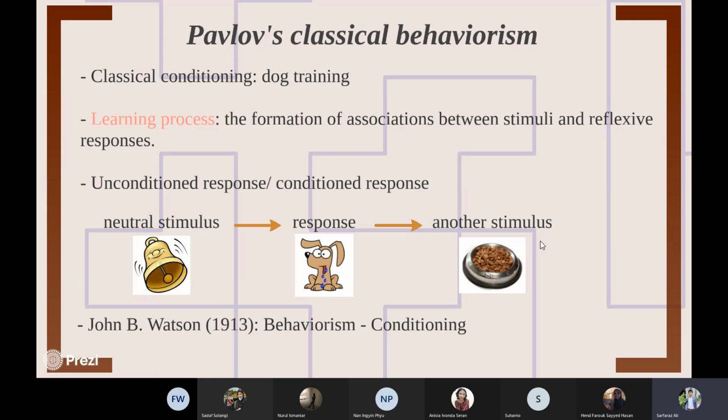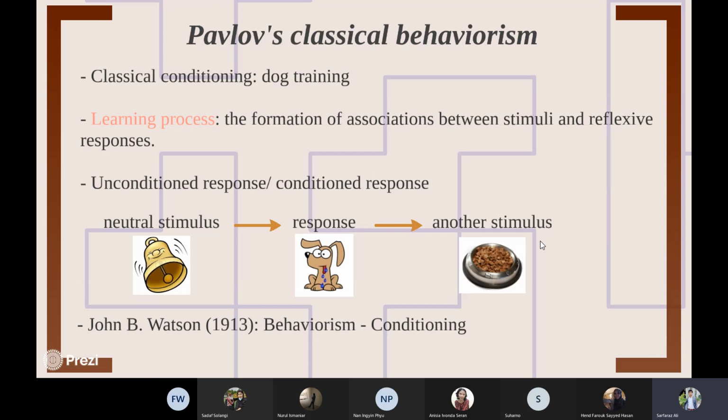In it, some of the points are written in front of you: the classical conditioning, and what kind of learning process is involved in dog training. Before moving to the situation, let me tell you that Pavlov was a Russian psychologist,